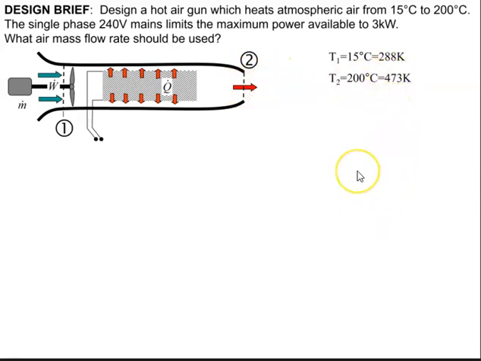First thing we do is we convert that into Kelvin. Now then we have a power of this hot air gun. Let's say it's 3000 watts, 3 kilowatts. And the voltage it's drawing from the mains is 240. We want to find out what should be the mass flow rate, what should be the mass of air that goes in, which can heat the air from 15 degrees